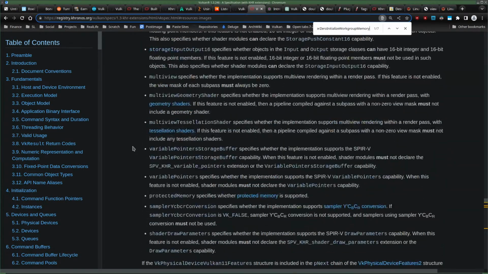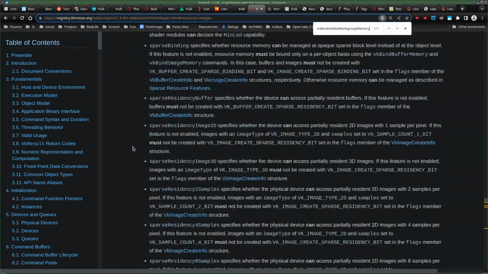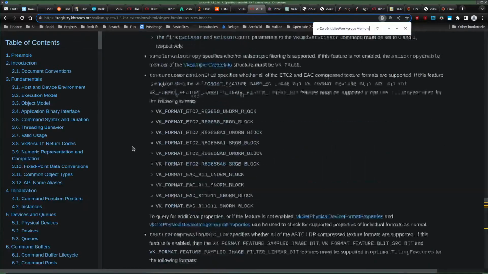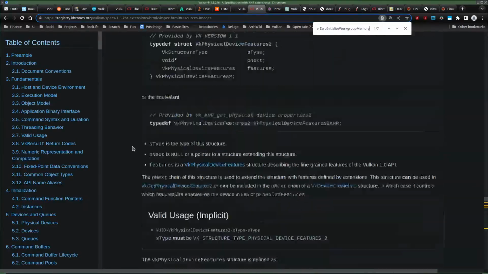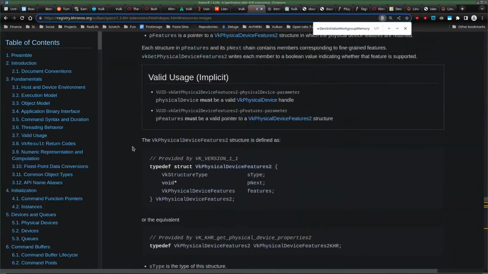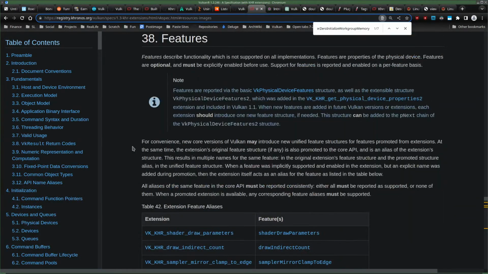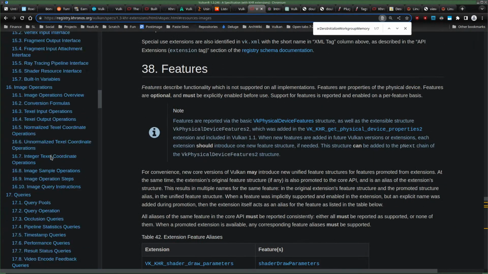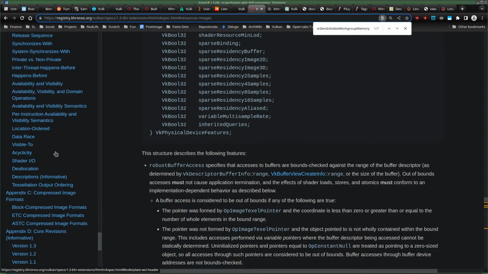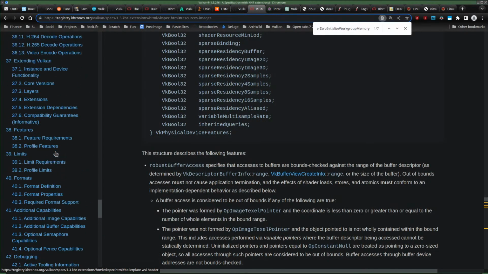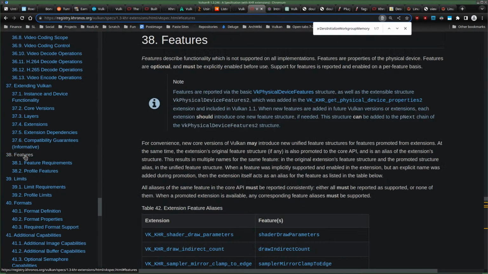Which paragraph are we in now? Or chapter or whatever. More booleans. Features 38. Before you know it, you're reading chapter 38 of